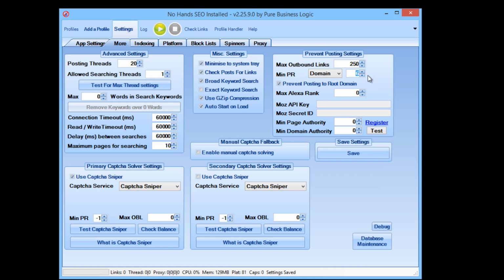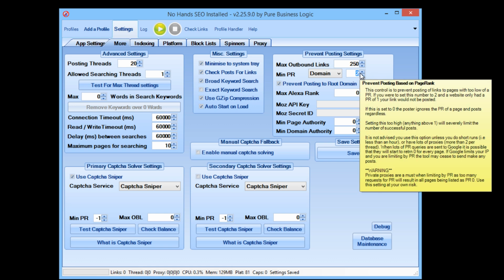Now, I have seen plenty of links made which are page rank 6, 7. I've seen reports of page ranks all the way up to 9. Now, I'd say they are in the huge minority, or the tiny minority, should I say. So ideally, if you are going to use a page rank, I'd set it at 0, 1, maybe 2,